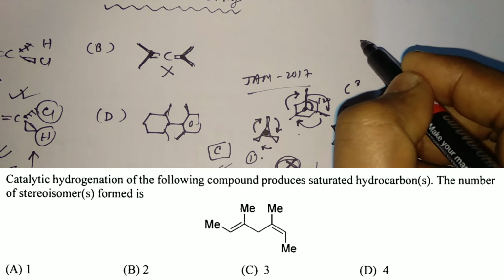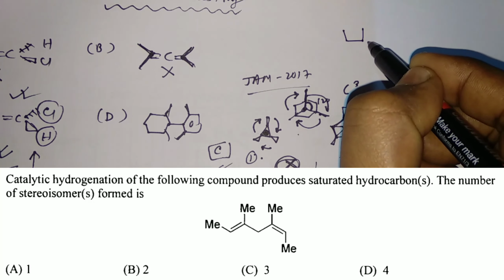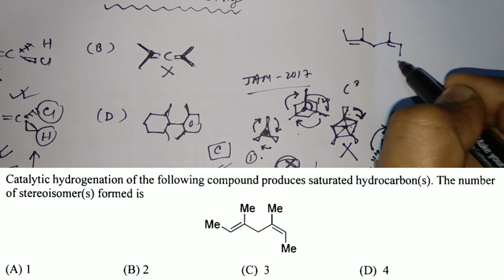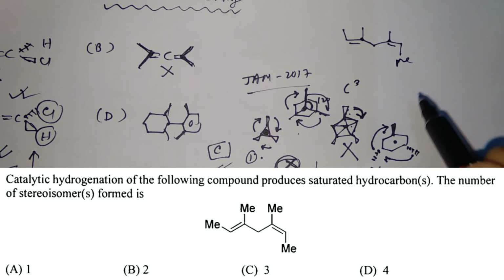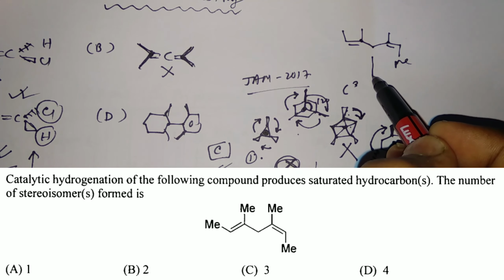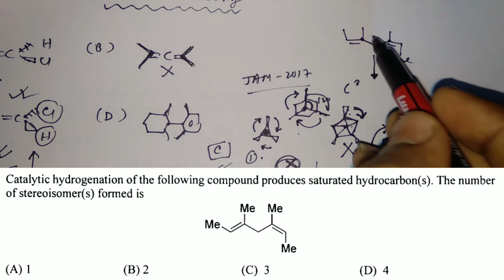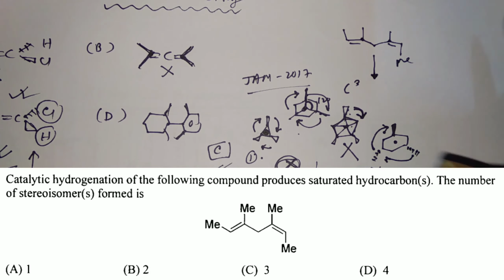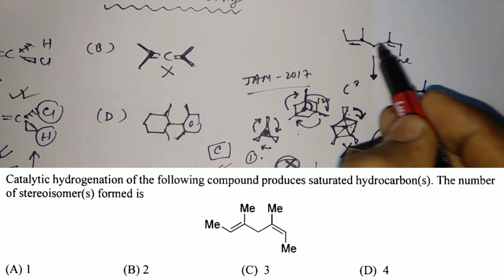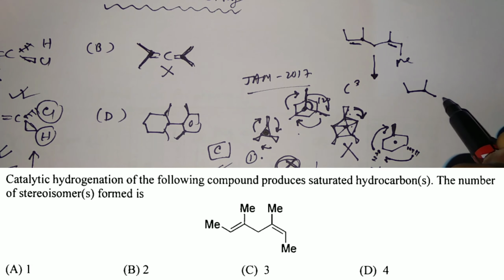So the compound is like this one. Okay, here is methyl. So if we do catalytic hydrogenation, then we'll get the alkane, the total alkane. The final alkane will be this: this double bond and this double bond will be reduced, and finally we will